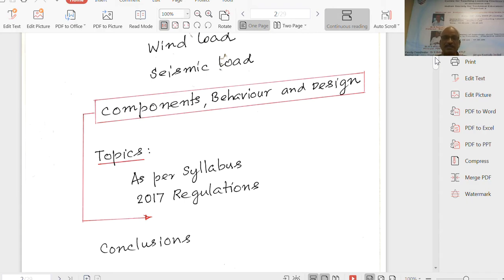So the new thing is how to calculate, with the components that you have studied already. Coming to water tanks, what are the designs that are common for the side wall of a water tank, what are the designs common for elevated tanks and underground tanks, what gets repeated, and what are the additional forces to be considered. If these things are understood, we can simplify the water tank design to a very great extent and you will find it comfortable.